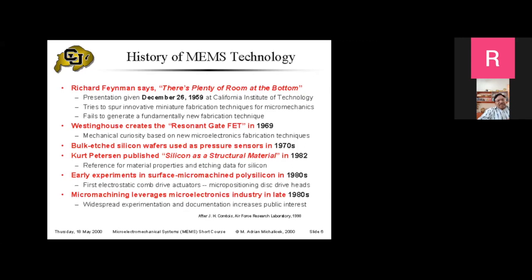So then, of course, I have put a point on the technology part. How do we fabricate these? Is an important question. So bulk etching of silicon is an important event, you can say. So people have recognized that silicon is a good material, not only for electronics, but for mechanical applications. So this is a paper, Silicon as a Structural Material by Peterson. It is an important paper in this direction. All the properties of silicon for mechanical or MEMS applications have been discussed in that.